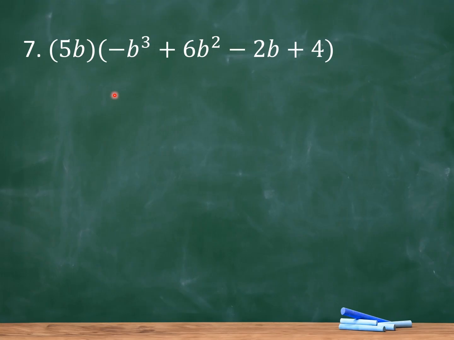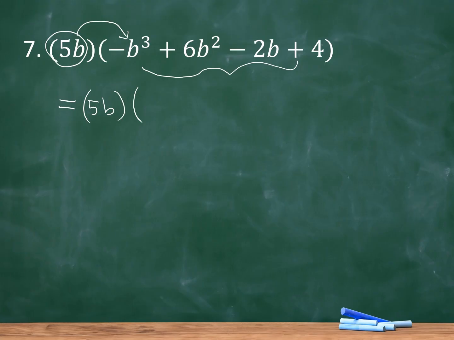Okay, let's have our last example. 5b times negative b cubed plus 6b squared minus 2b plus 4. So same thing we're going to do. We will distribute 5b to each of the terms inside the parenthesis, starting with 5b and negative b cubed. So let's write here 5b times negative b cubed, and then we have plus, so I'll write here plus 5b times 6b squared,